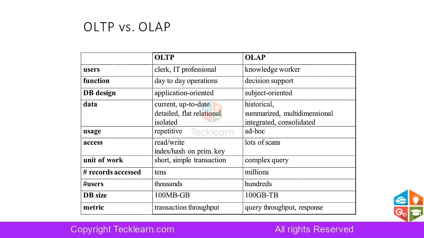So that is OLAP. So I think I have clearly laid out the difference between OLTP and OLAP. OLTP is to support front-end operations. If you take the banking sector, you go to an ATM, you withdraw money, and it shouldn't take much time. So there should be simplified tables where it should be able to show the card number, the amount available, to verify your PIN and all that stuff.